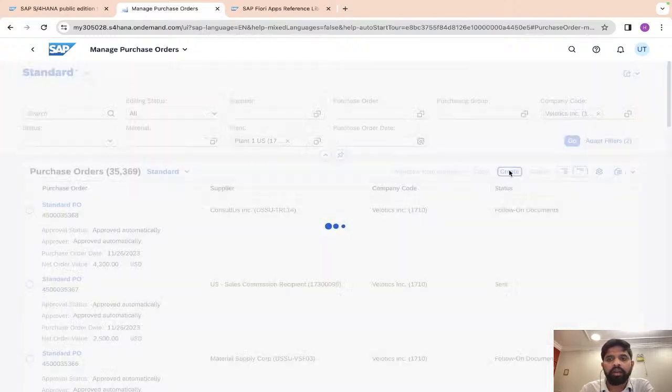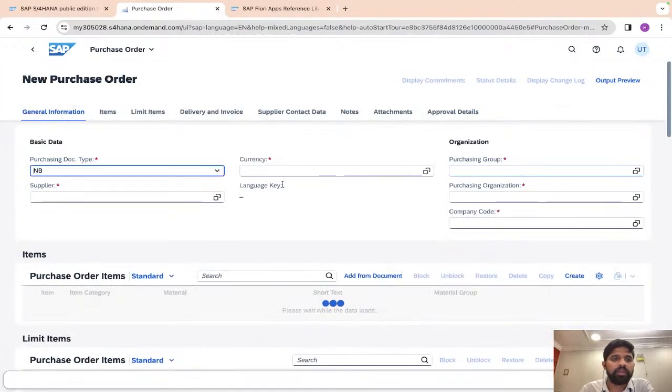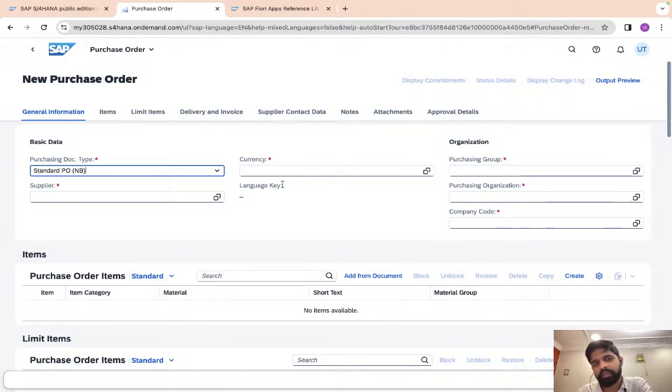Now here I have to create. The creation selections will be the same. What you have in GUI, you have here, but the interface is different. This is the thing we are going to see. If I'm creating a purchase order, we will check in GUI also and here also, so that whenever you go for an interview or to a new job, it will not be like, I don't know about it. You will know it.